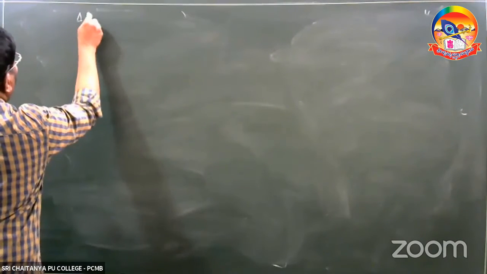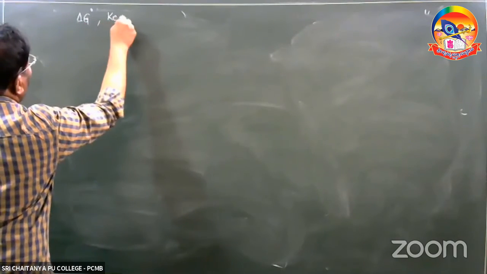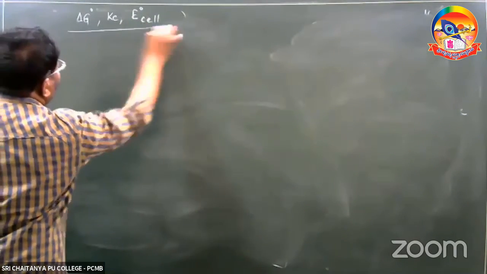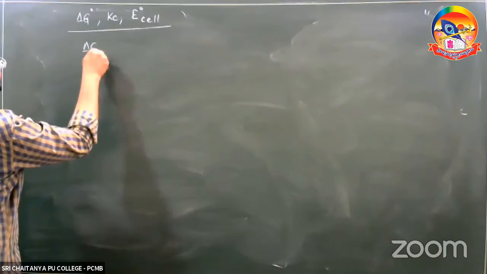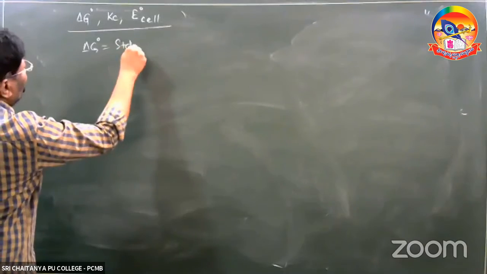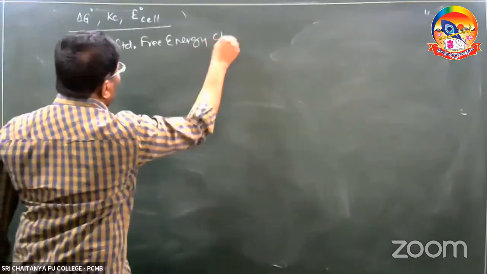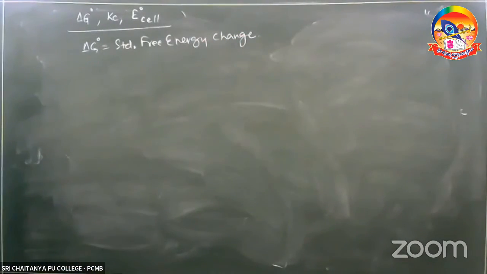Yeah, next one. See, delta G naught, Kc, E naught cell. What is delta G naught? Standard free energy change. That is standard free energy change. Please remember. Okay. So now